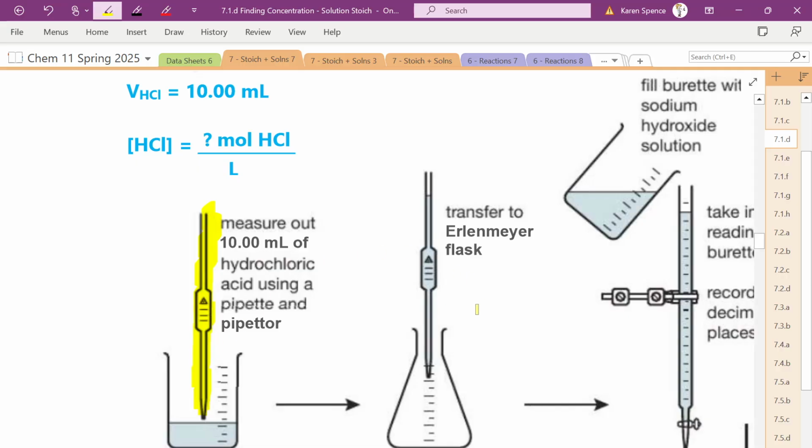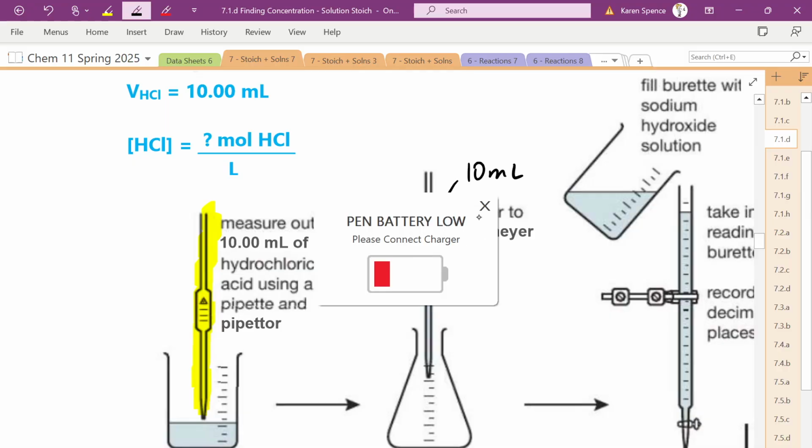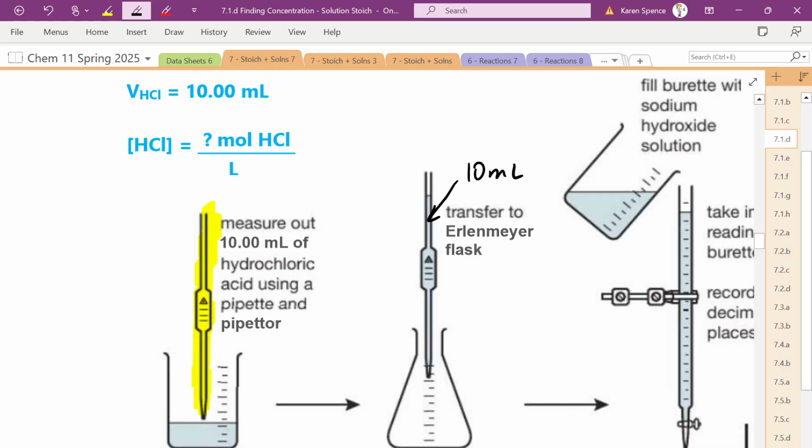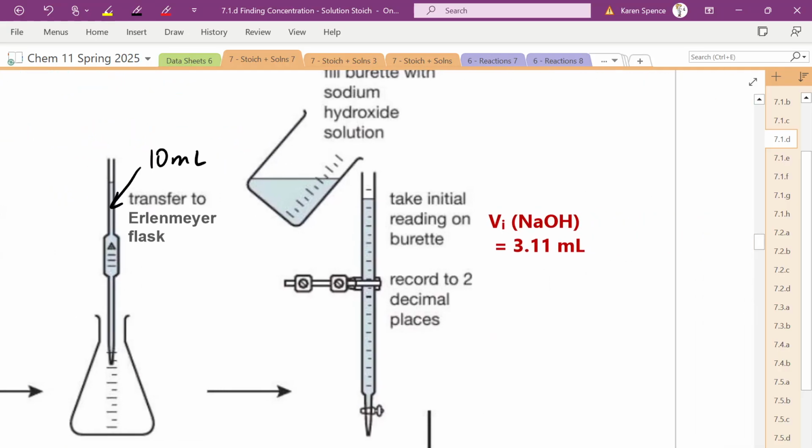Okay, so we take our 10 mils and we transfer it into the Erlenmeyer flask. This right here, 10 milliliters. We do not know the concentration of the HCl. Then in here we have our NaOH, and we put it into our burette. So in here is the NaOH,